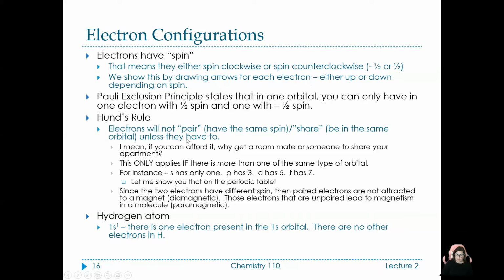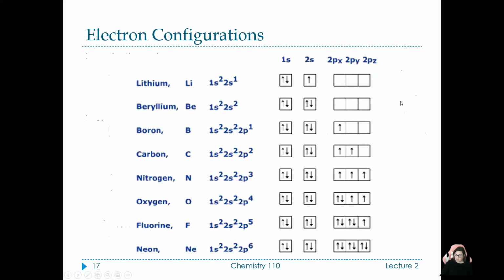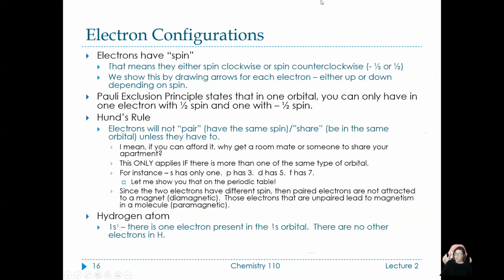unless they have to. So when we start drawing things like p's, I wanted to annotate. Where's my little annotate thing? Yeah. So when we have p's,